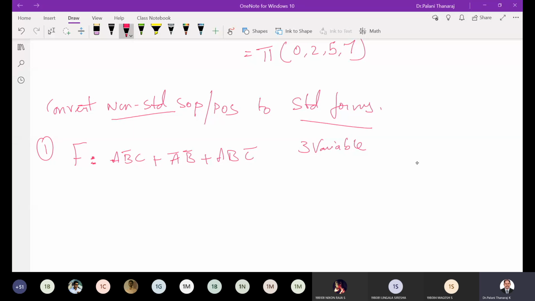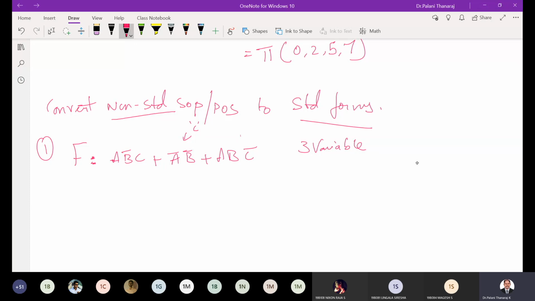Okay, so now I have to check whether it is a standard or non-standard form. Okay, so right away I can see that this first product term has all the 3 variables in some form. Okay, so that is going to be a min term. Okay, how about this one? This one is having A bar and B bar, some combination of A and B, but C is missing. So even if one of the product terms is non-standard, the whole expression is a non-standard form. Okay, and this is standard form, because we are having all the 3 variables in some form.